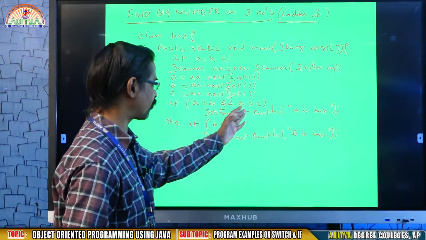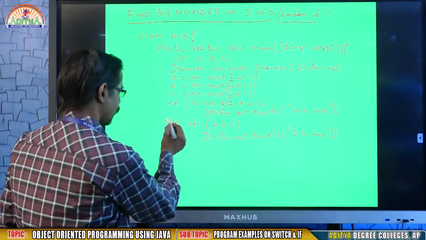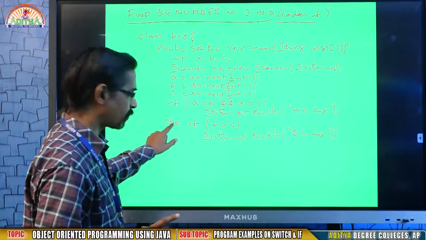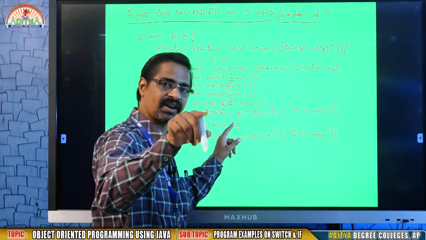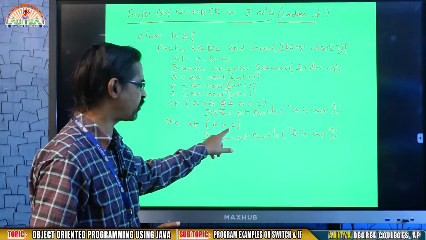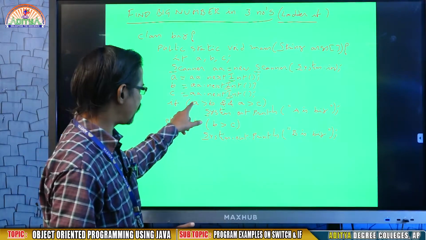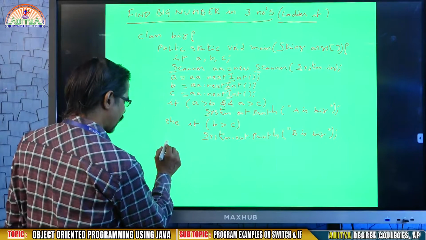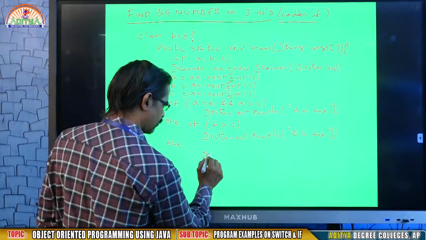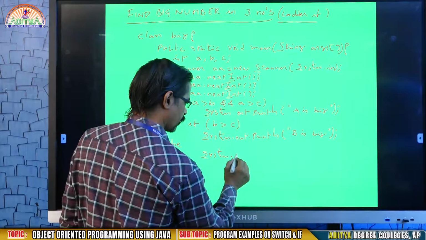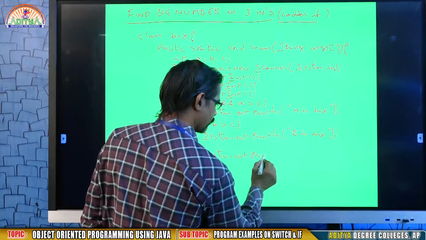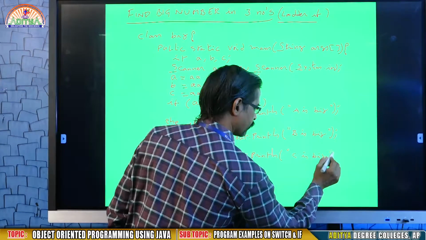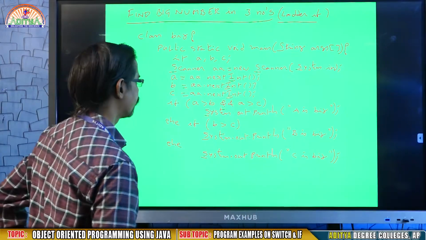So, A greater than B and A greater than C, else if B greater than C, that is also okay. Here assume A is not greater than B and C, it is false, so come down to else. Here B is not greater than C, then who will be big? That will be C, because no need to compare with A, since A is not greater than B and A is not greater than C. So it will come to else. In the else we write System.out.println C is big.